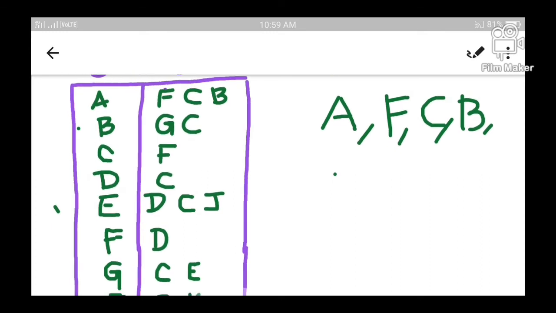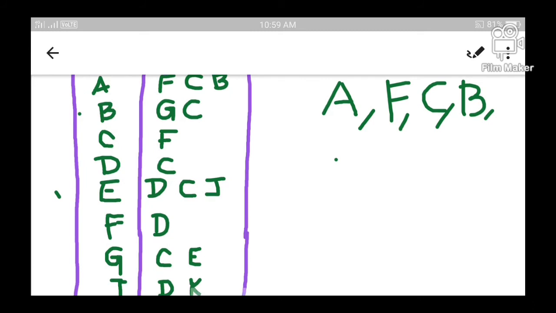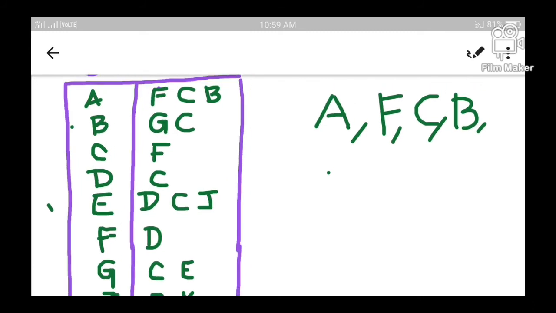But G can be inserted because it was not already inserted. Since G is to be inserted for the first time, it will be inserted in the queue.